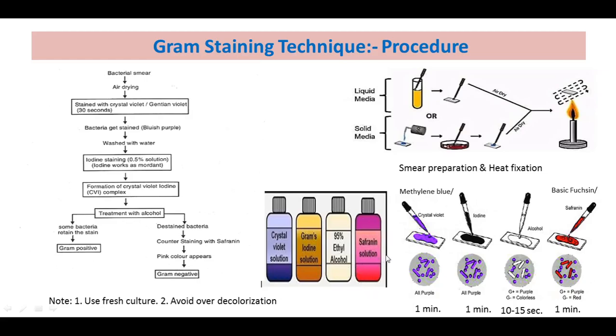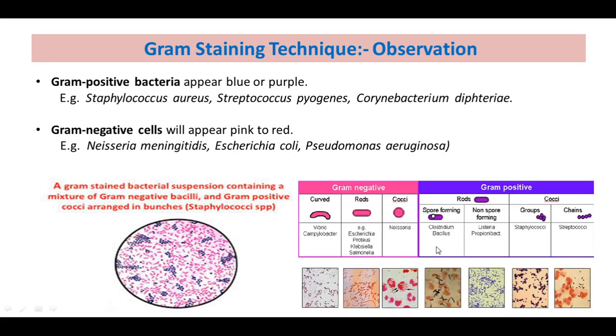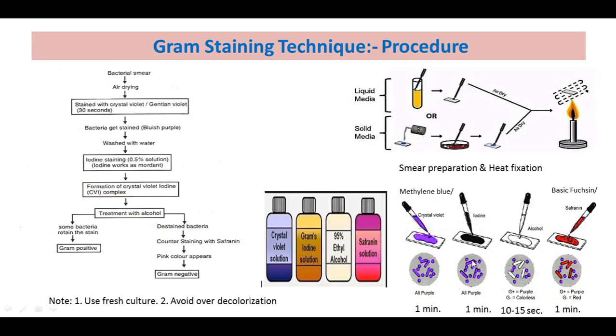After the smear preparation, flood the smear with the primary stain and wait for 1 minute for the interaction. Then drain the excess reagent and wash under slow running tap water. Then cover the smear with the mordant, that is iodine. Wait for 1 minute so that iodine can bond with the crystal violet that is bound to the organisms. Then drain the excess iodine and wash under slow running tap water.